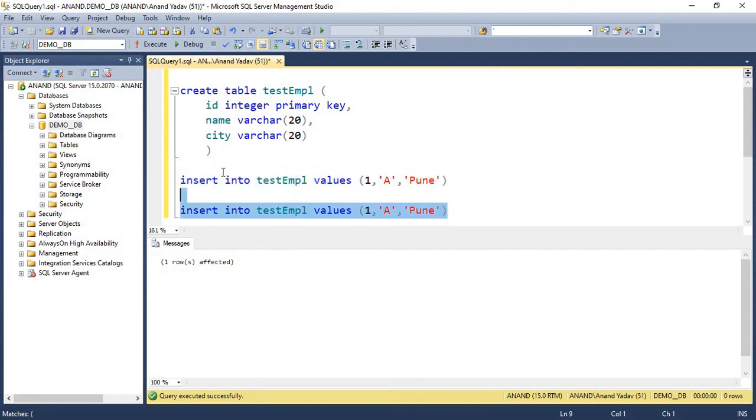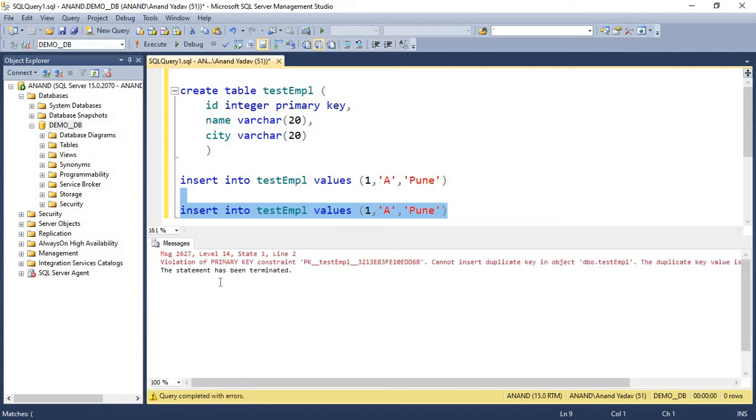But when we try to insert a duplicate key, since id is the primary key in test employee, we get an error message: violation of primary key, cannot insert a duplicate key. So the primary key does prevent duplications.